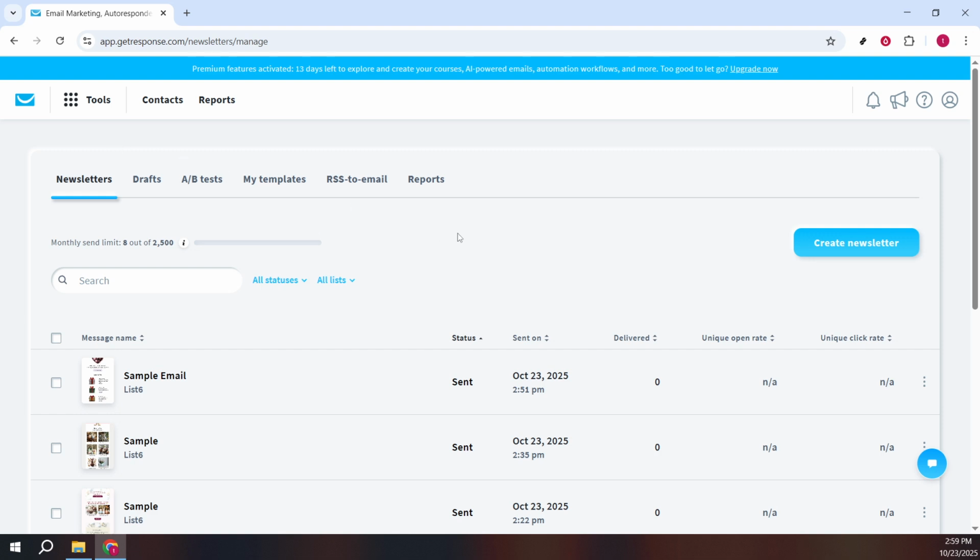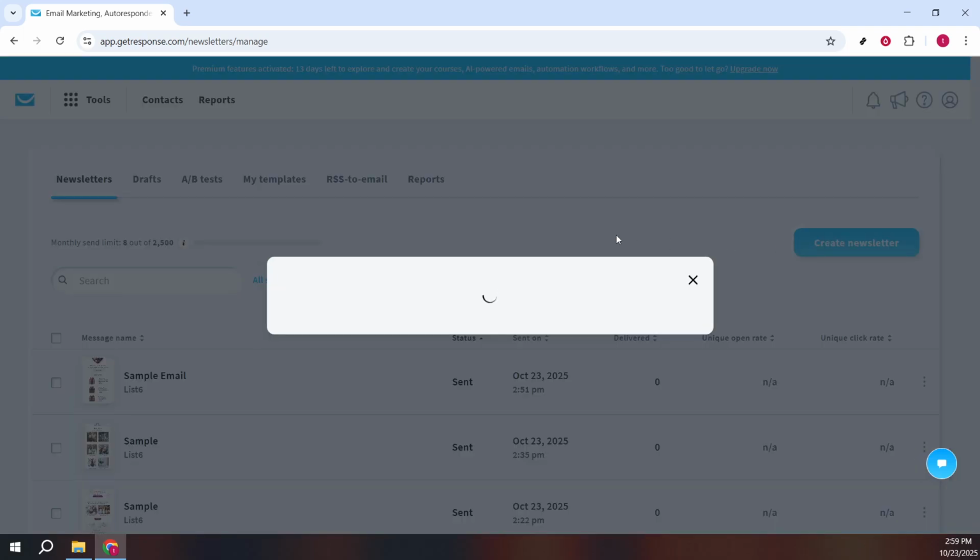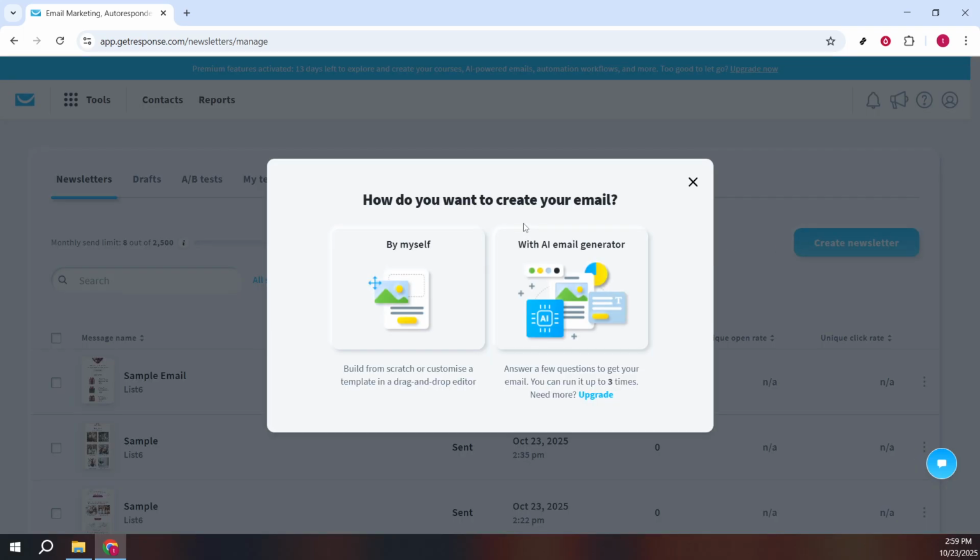Once you're in the email marketing section, you'll see the option to create a newsletter. Think of this like starting with a blank canvas. It's your opportunity to draft a message customized to engage your audience. When you click on Create a Newsletter, you'll be presented with different options on how to proceed. While there are multiple pathways, today we'll be focusing on creating the email by myself, giving you full control over